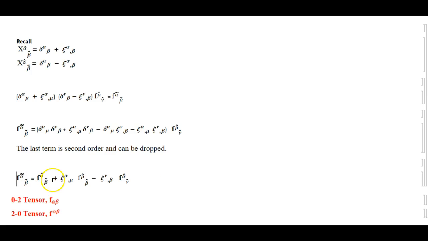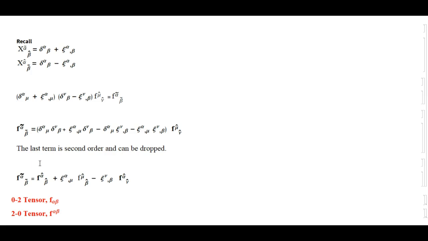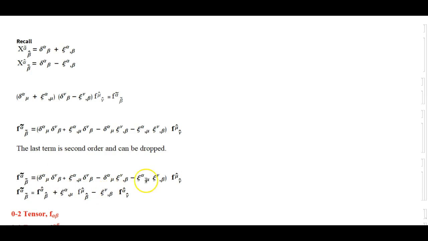this. So the second term can be dropped, and if you want to write all the steps, you can write one more step here, this, and then this can be dropped, and then you open up this bracket and then you get this. It's all straightforward mathematics, nothing fancy here.